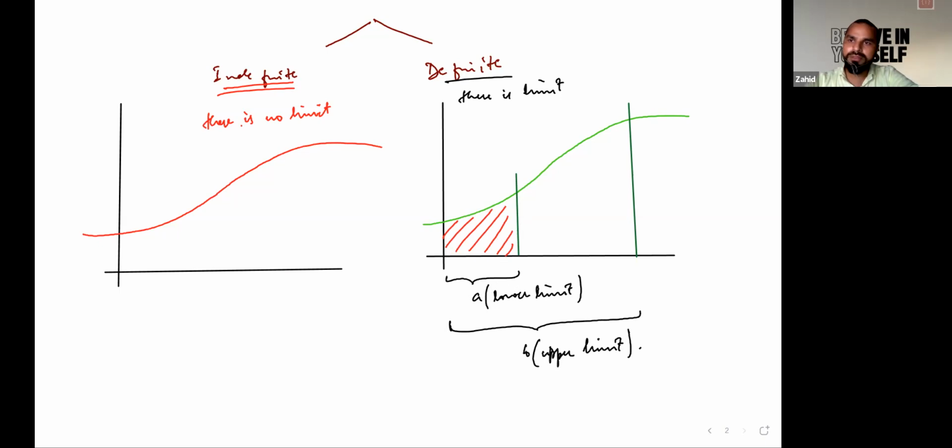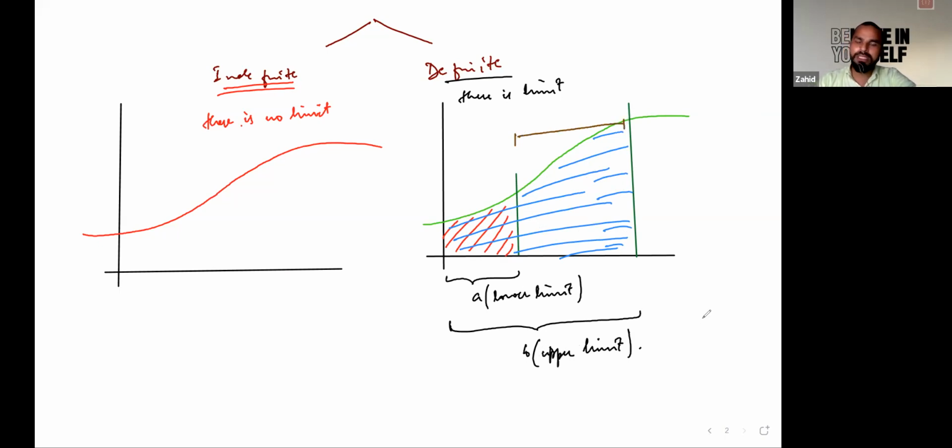Now, if you put the limit to be B, it will define the area for the entire part from the origin to that particular point. Now, we have to restrict ourselves to calculate the area bounded within this particular region. So what will we do? We'll just subtract this part from this part to obtain the area from this point to this point. Is it clear?